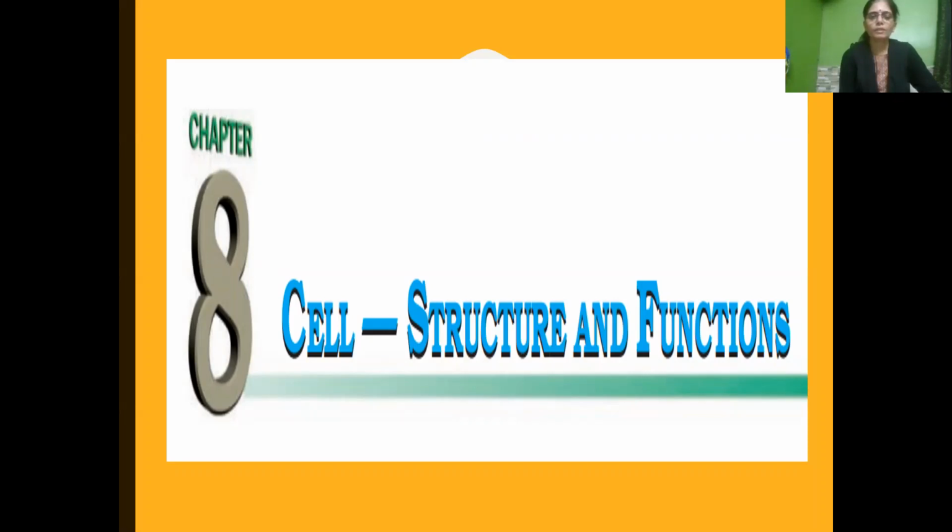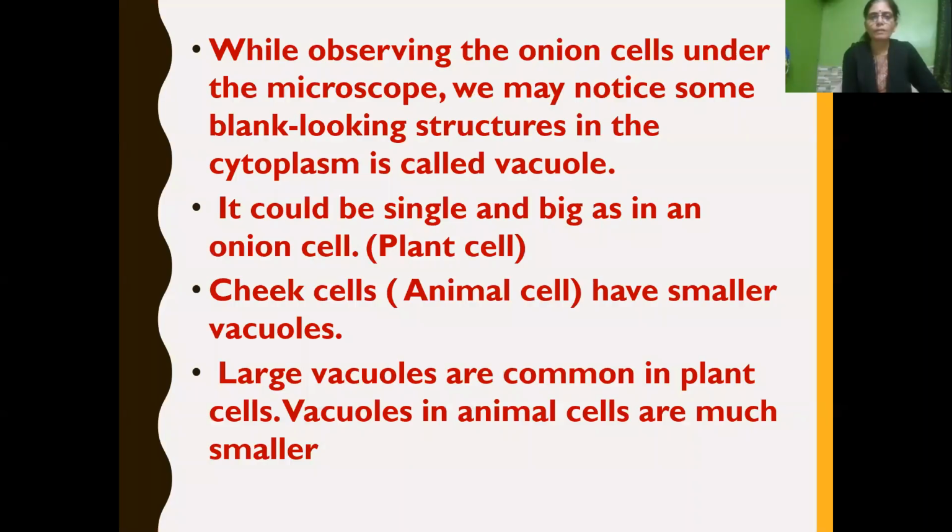In this session, we will have a quick recap of the chapter cell structure and functions. We will revise whatever we have learned in the last session, and then we will continue the chapter. We have learned that while observing onion cells under a microscope, we may notice some blank looking space which